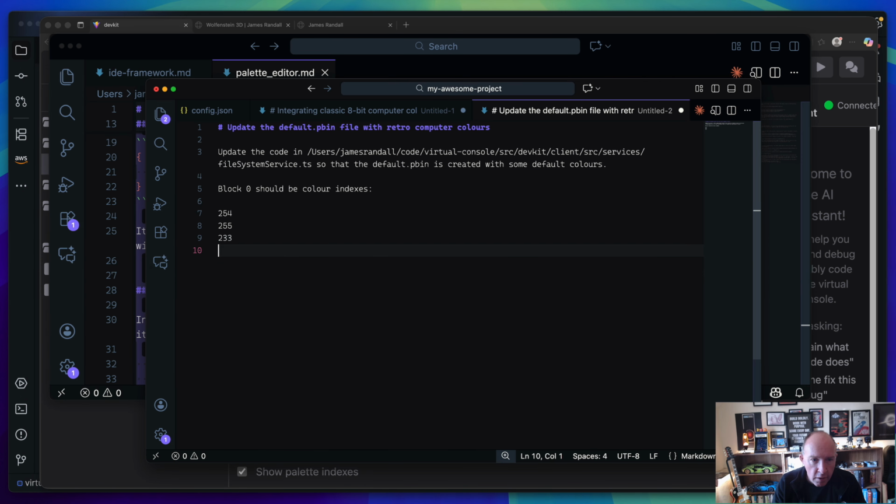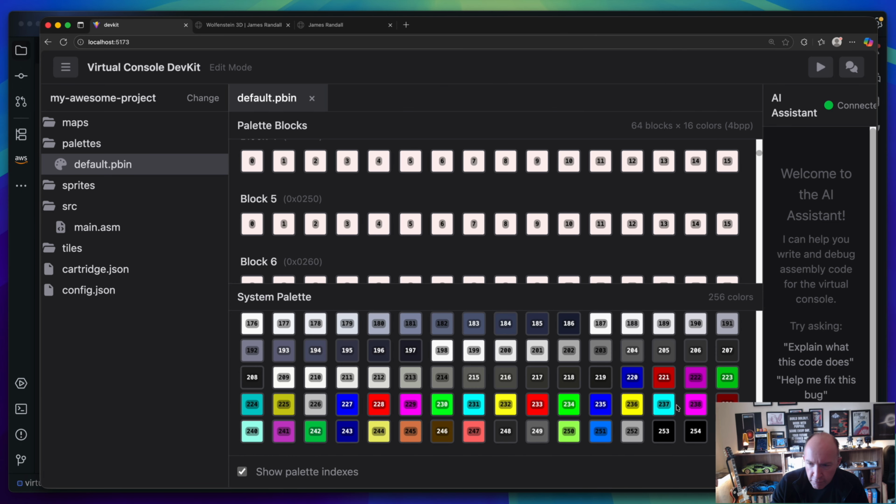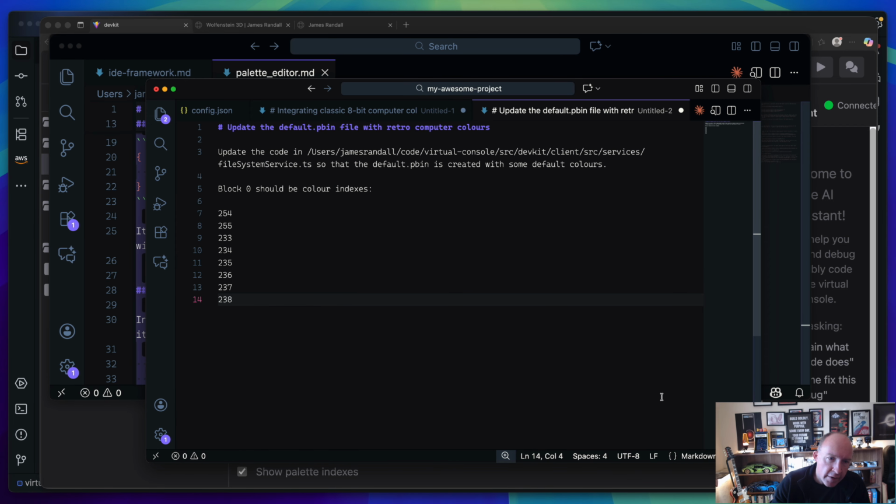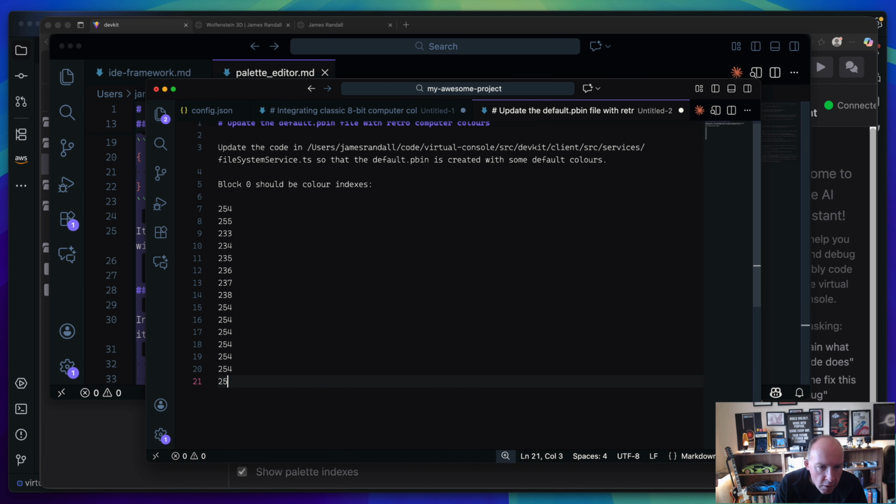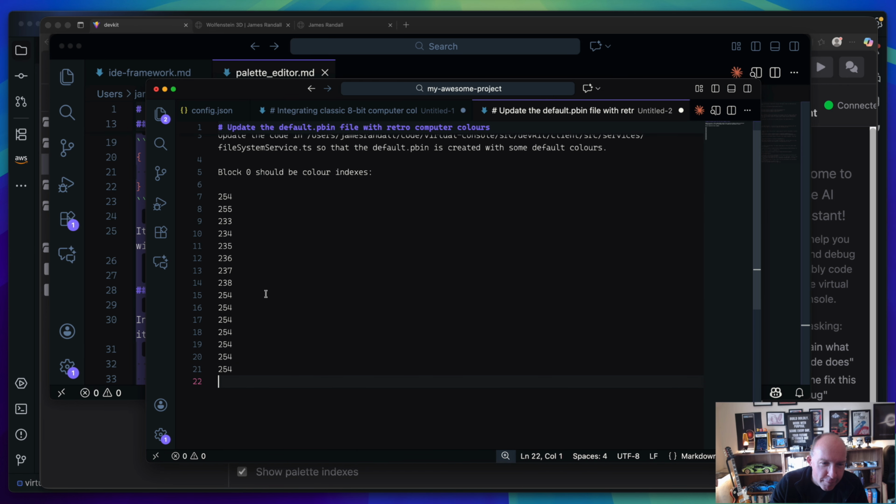233, 235, 236, 237, 238, and how is that? That should be 1, 2, 3, 4, 5, 6, 7, 8. And then we're going to fill it with black, so 254, 254, 254. And I stop counting. 1, 2, 3, 4, 5, 6, 7, 8. So we're going to put